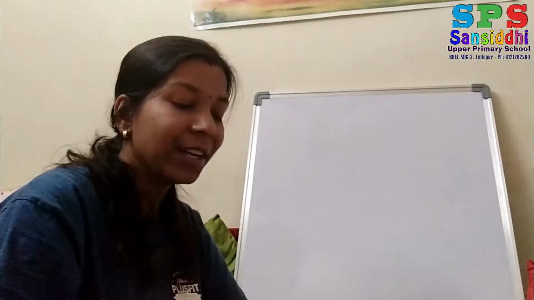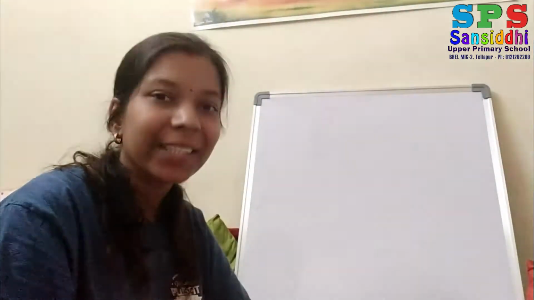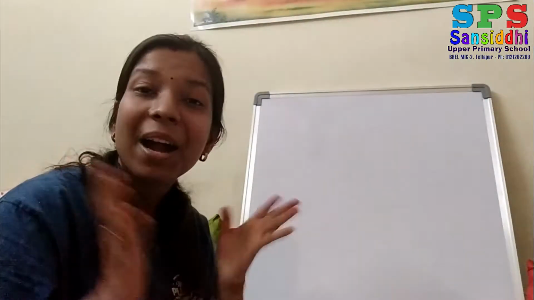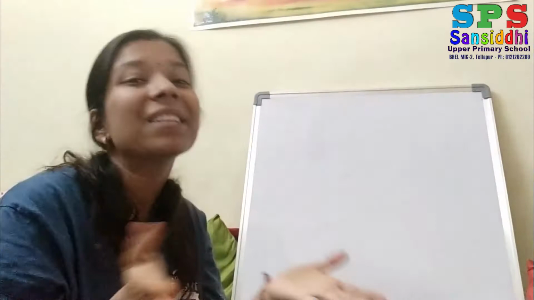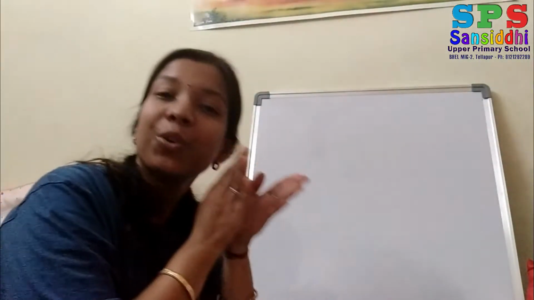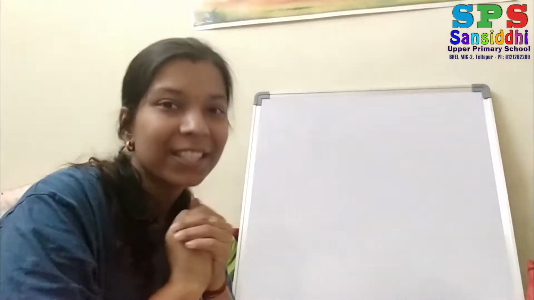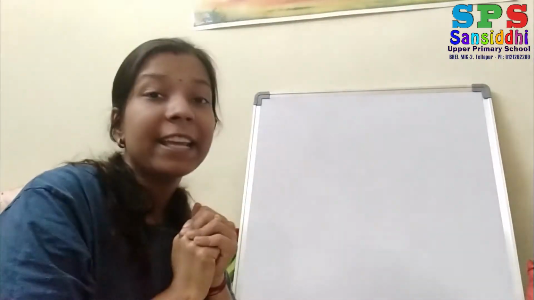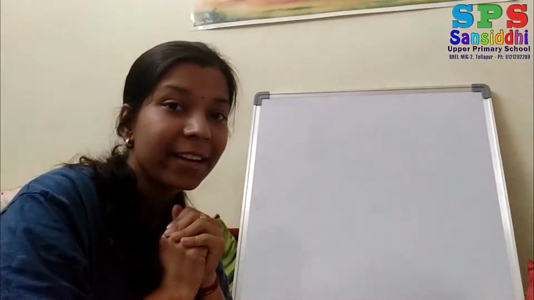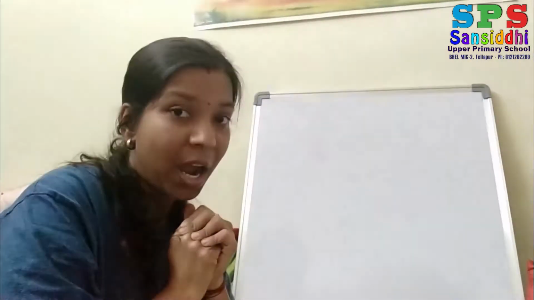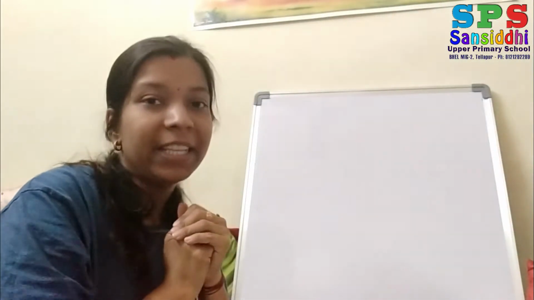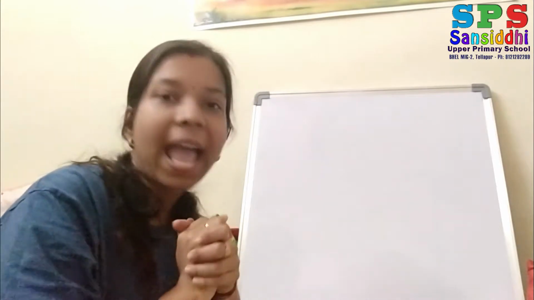Okay. And do you know what the good thing is? The good thing is we have completed all our strokes, from standing line to dots, right? So we have completed all our strokes. Now it will be very easy to write the letters. Yes, from now we will start learning letters or alphabets.